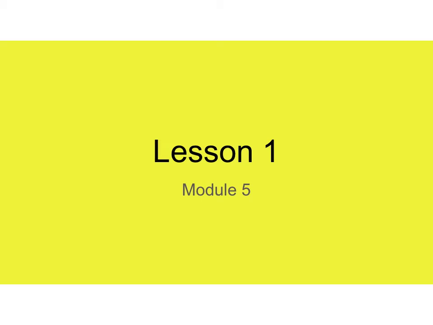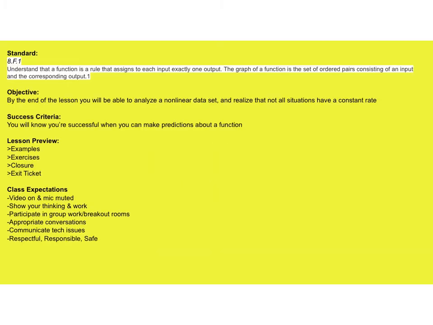Alright guys, so we're going to begin Module 5 today with Lesson 1. Our standard is 8F1. It says that we can understand that a function is a rule that assigns to one input exactly one output, and that the graph of a function is a set of ordered pairs consisting of inputs and outputs. Okay, our objective for this lesson is that by the end of the lesson you'll be able to